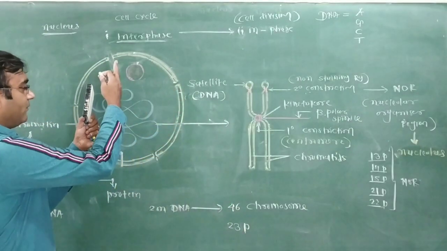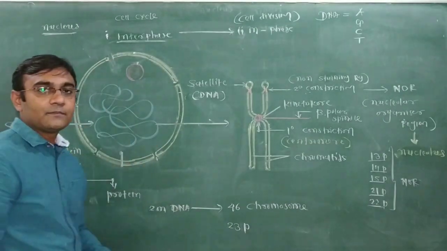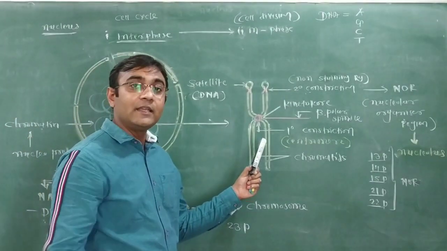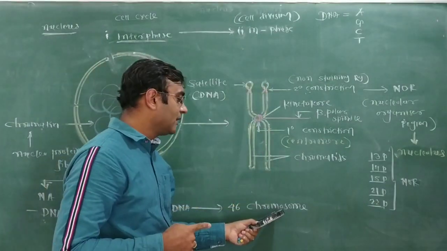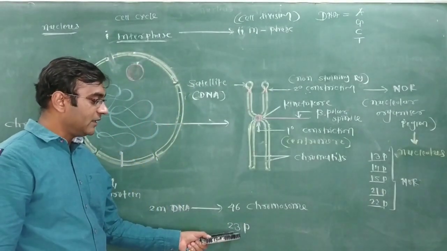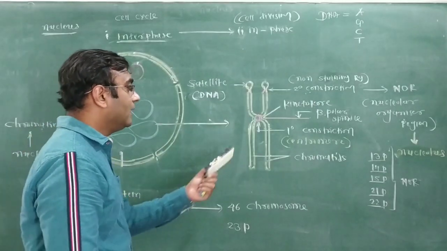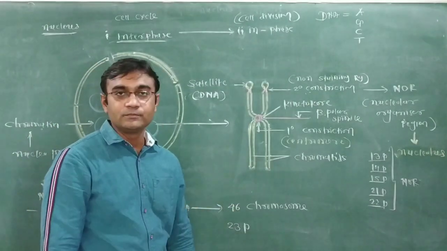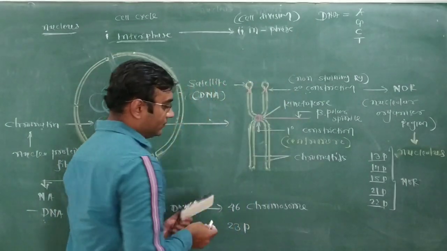So at the time of interphase, inside the nucleus, chromatin is there. During the cell division phase, in what form is it? Chromosome. And how many chromosomes? 46, meaning 23 pairs. Now, in the structure of this chromosome, at the end of every arm of the chromosome,